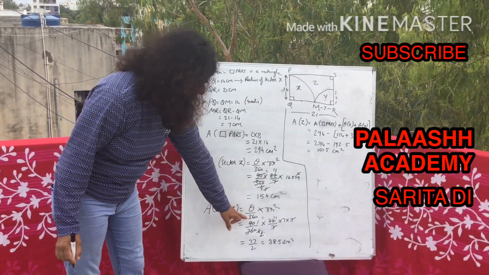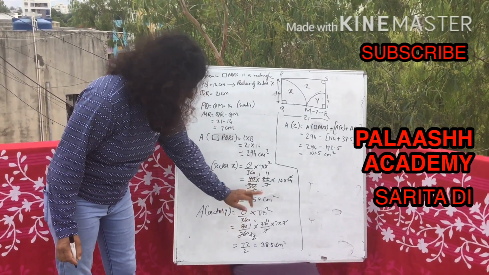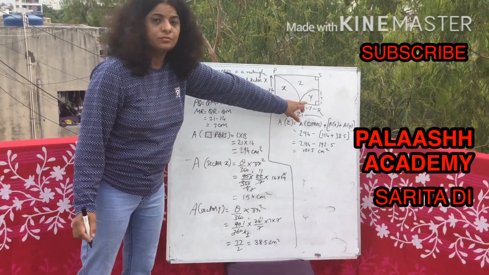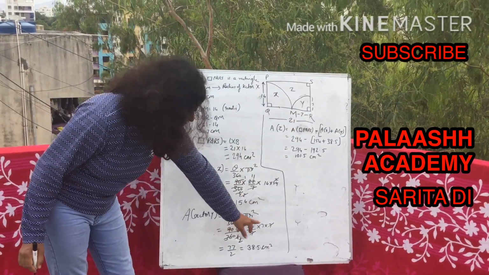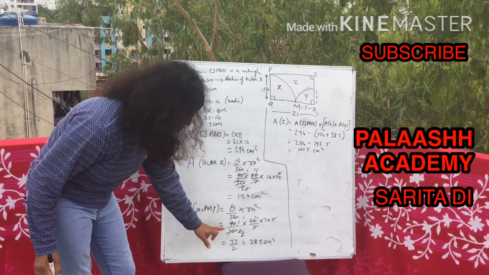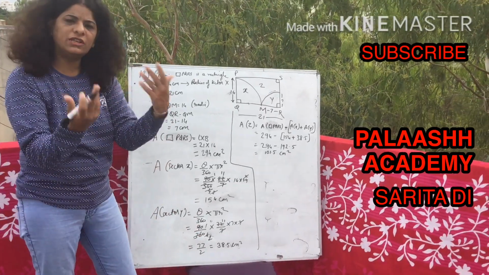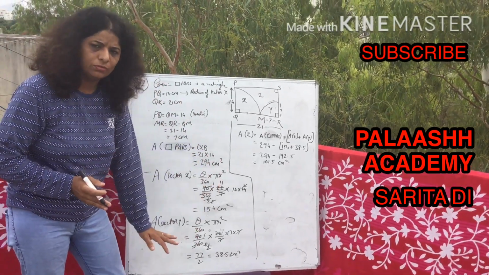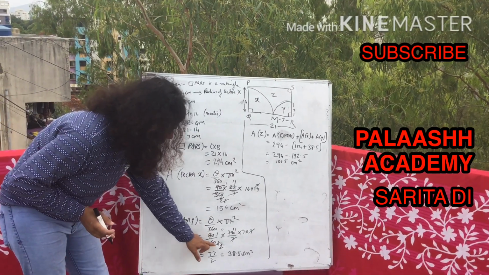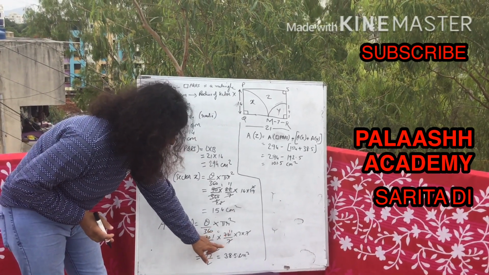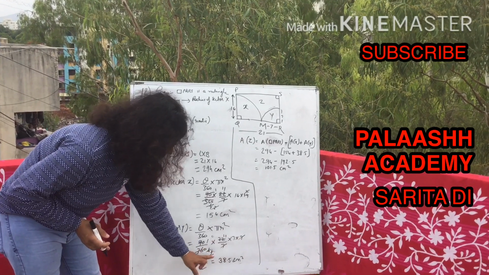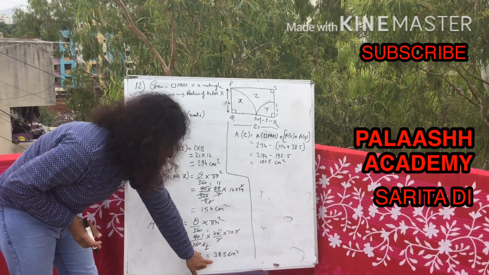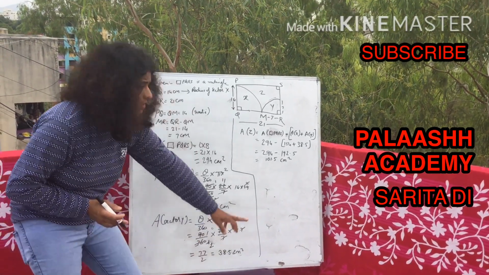Then the area of sector, theta upon 360 into pi r square. Again put it in the same way. Now this is sector Y, so your radius will be 7. Just put the radius 7. Similarly, 90 upon 360: whenever it is there, it is 1 upon 4. So just put 1 upon 4, then 2 2s are 4, 2 11s are 22, and this 7 gets cancelled. 11 into 7 upon 2 comes 77 upon 2, that is 38.5 centimeter square.